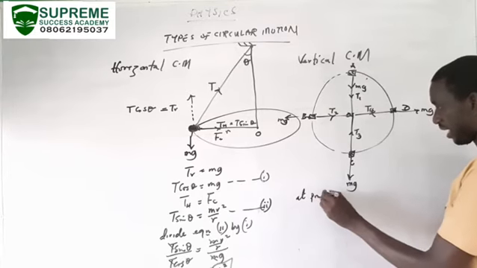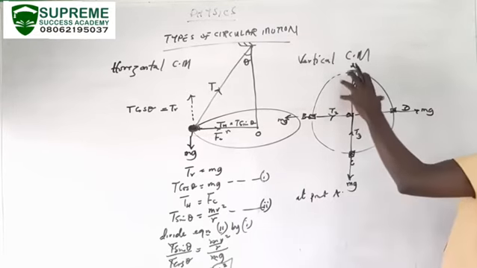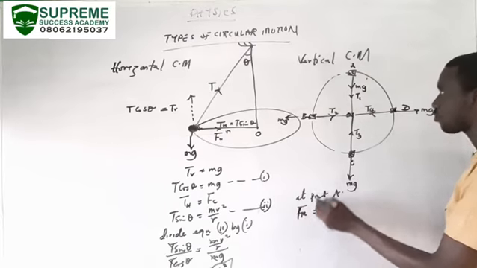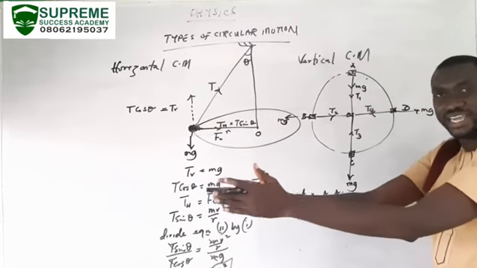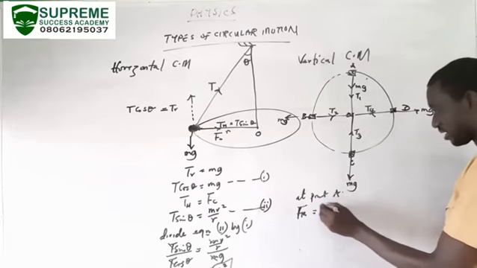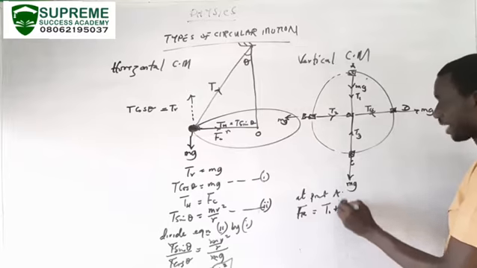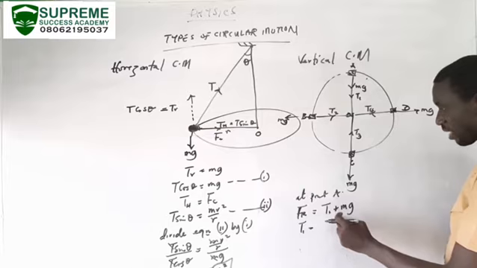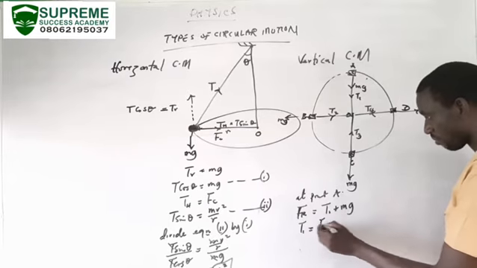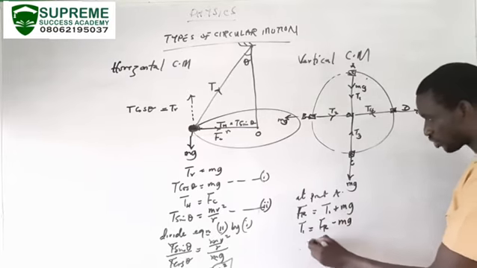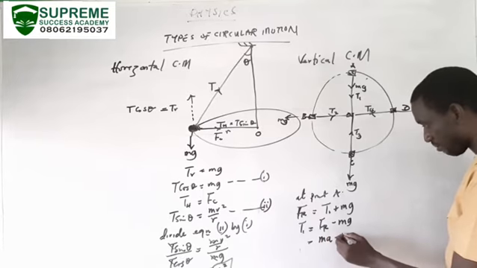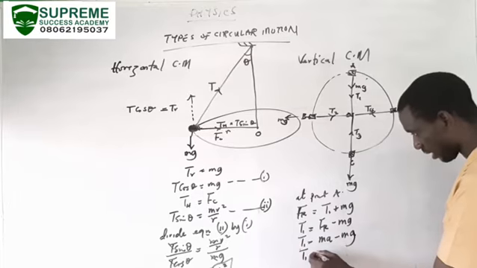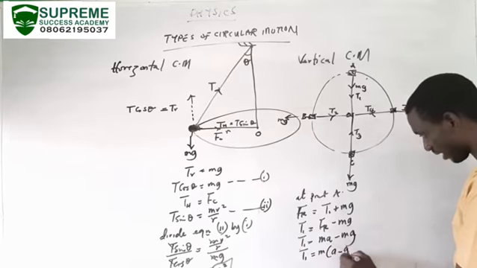So let's look at each of the cases at point A. At point A, what's happening there? For us to know the resultant force, because the two forces are moving in the same direction, we add together T1 plus Mg. Then make your T1 the subject of the formula. You have T1 equals to what? Fr minus Mg. Your resultant force is given by Ma minus Mg. Then your T1 equals M bracket A minus G.